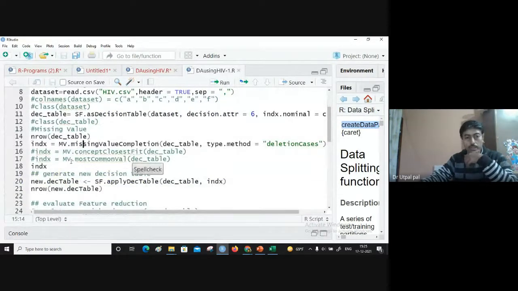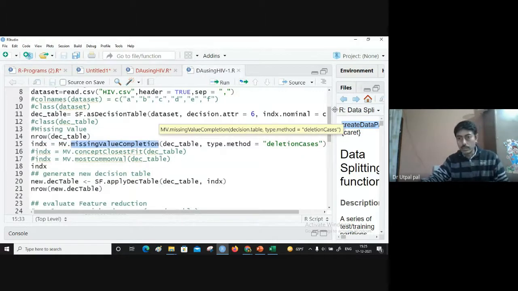And missing value completion using this method. Let me check the signature of this method.